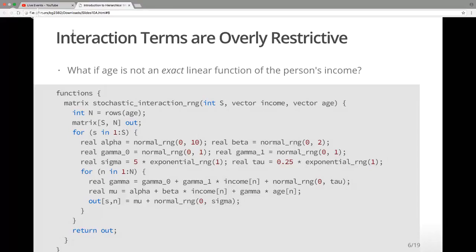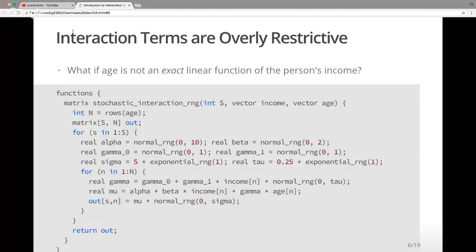Sebastian: Could you put, in the real gamma statement, normal RNG income comma tau, so that you have this increase that's based... And where the amount of noise is based on the income? So you can have tau be a function of their income? Yeah. Because here you're just making everyone's gamma noisy, and the amount of noise isn't necessarily related to how much income they have. But it could be the case that richer people are more consistent than poorer people in the way in which their coefficient on age is generated.